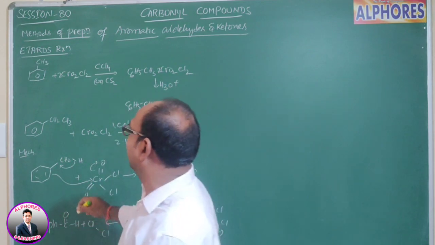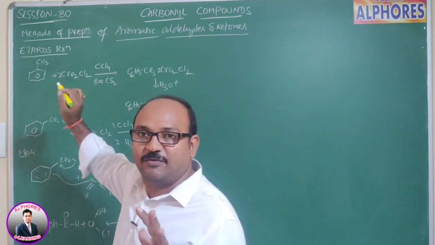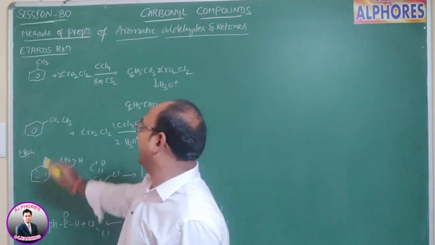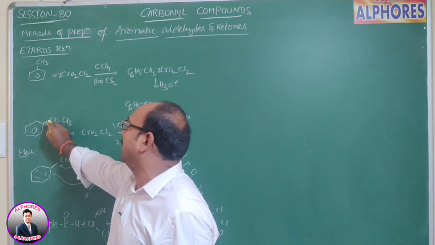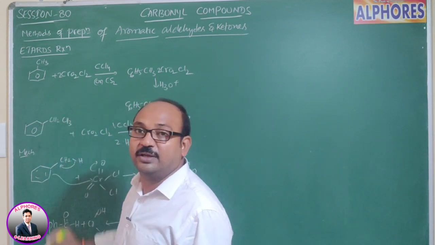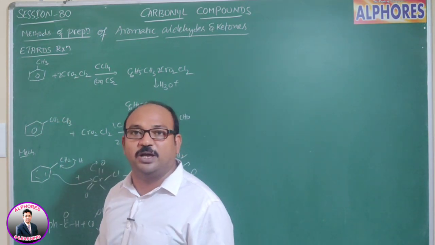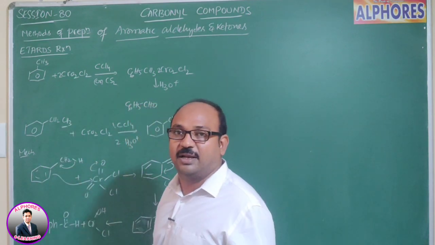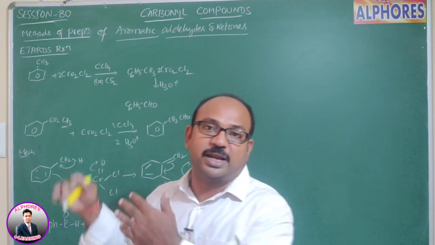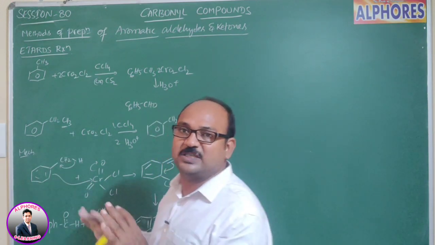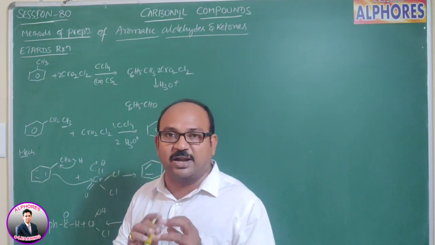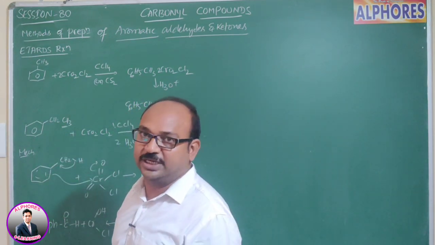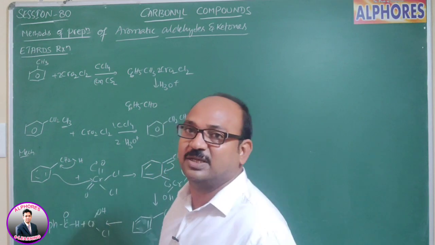What we think here, instead of toluene, if you consider ethyl benzene, there are two carbon atoms: one is the carbon directly attached to the ring and the other is not attached to the ring. So which carbon gets oxidized? If you observe, only the terminal carbon gets oxidized. In general, oxidation takes place at the ring-containing carbon, but here, whether the carbon is attached to the ring or not is not the criterion, and only the terminal carbon participates in oxidation. Let us see how the mechanism proceeds.